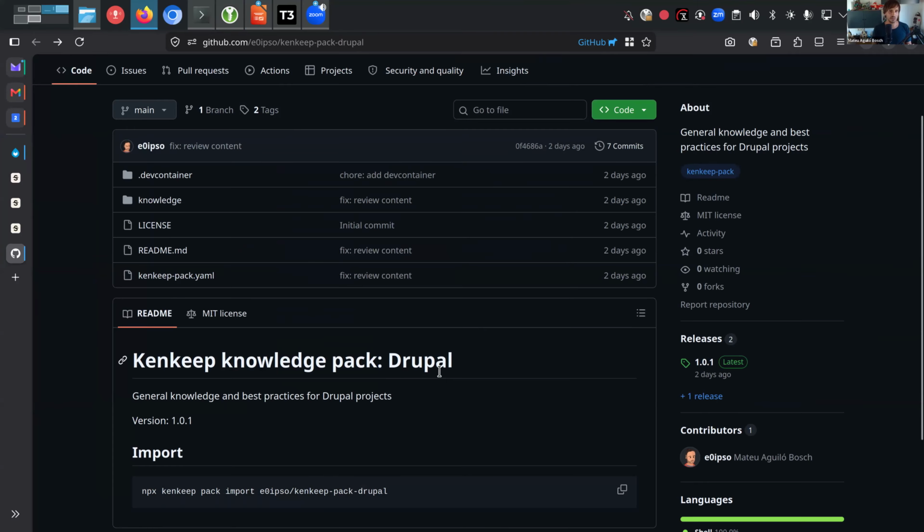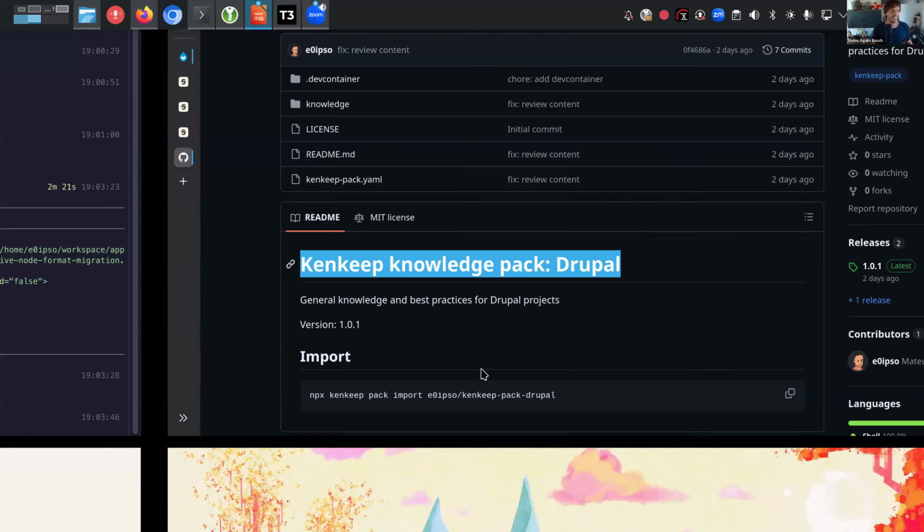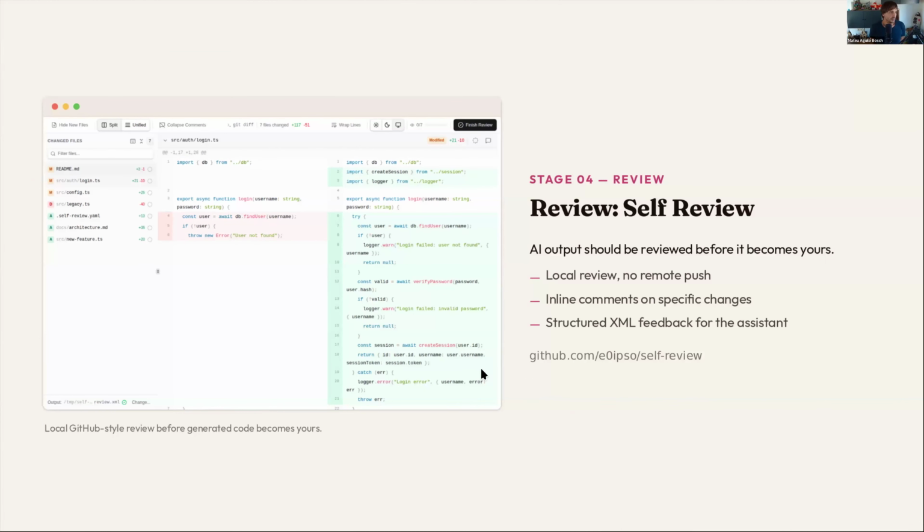I didn't know if I was going to show this or not, but I guess I did. So we have at this point a runtime, we have memory, we have planning, and we are missing a human brain. And that's what self-review is for. So self-review, as you saw earlier, we used it to review a rendered markdown document for that plan, right? But self-review is optimized for reviewing code, because